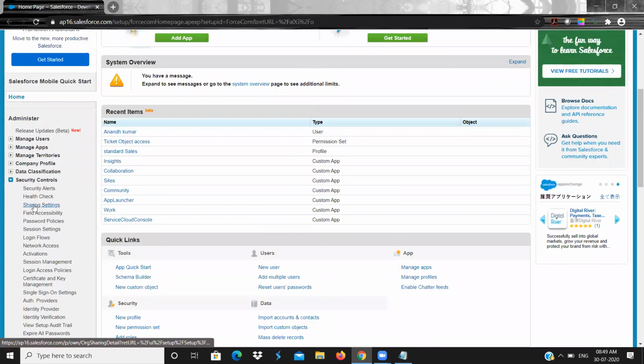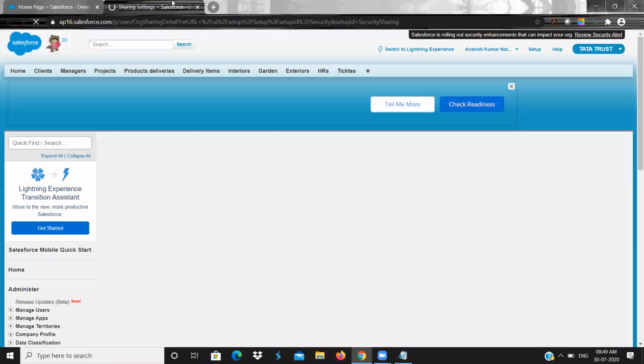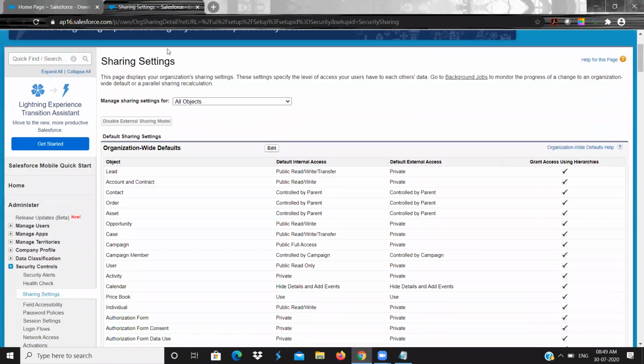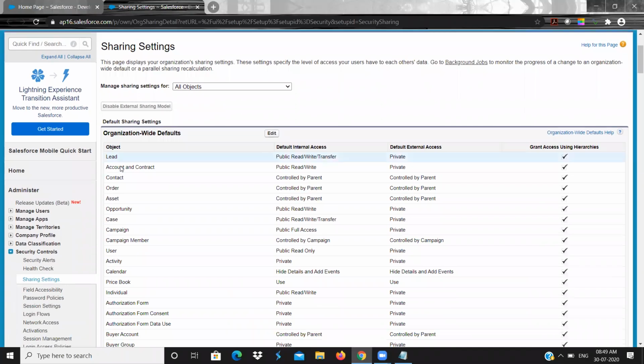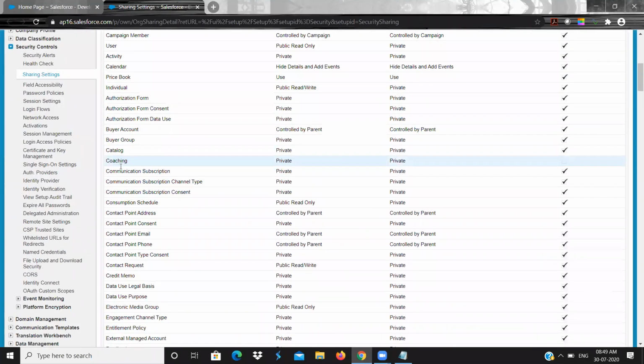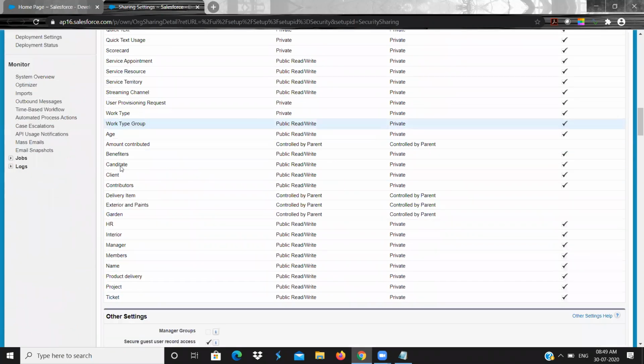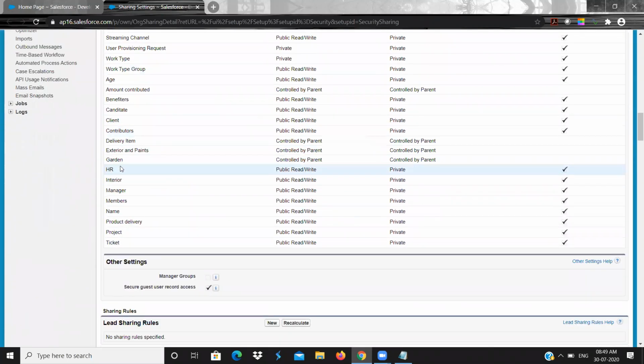Okay, here it is. These are all the list of objects in your Salesforce org.